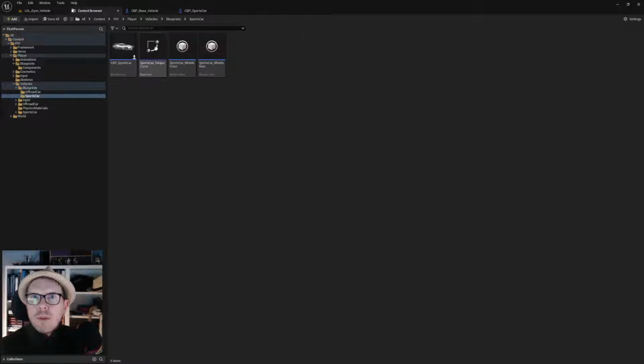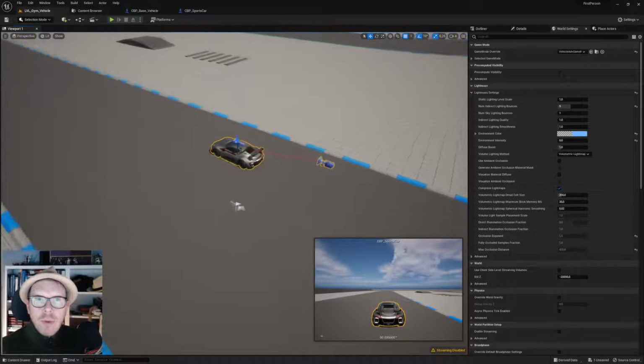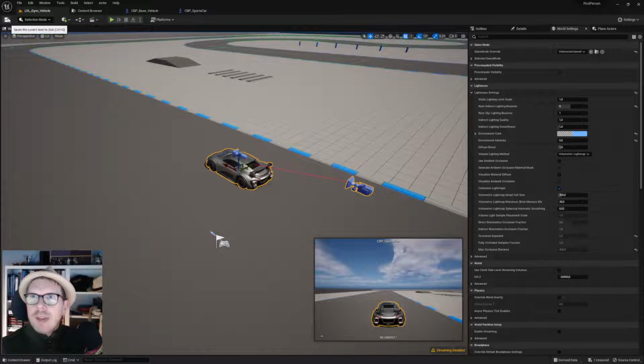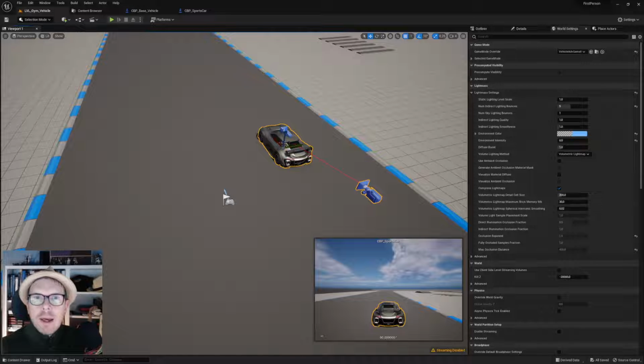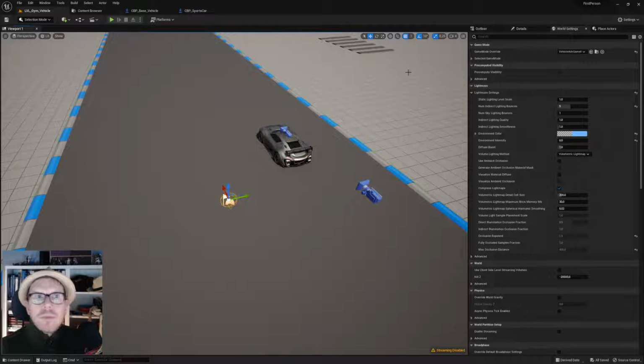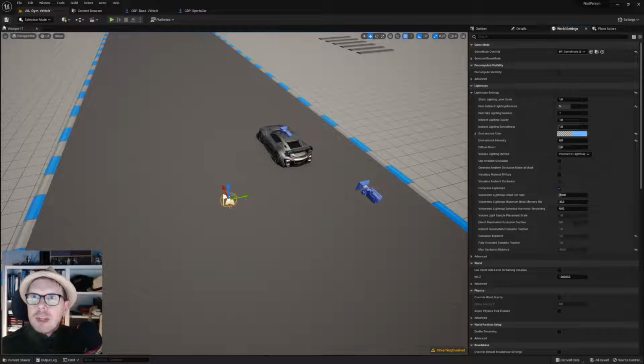So moving into the sports car region, grabbing the sports car and dropping it in. Now we have a sports car there, just standing at the pavement, and we'll change in world settings to our default game mode, because this vehicle game mode will disappear. So the BP game mode base. So changing to that one. If we play now,